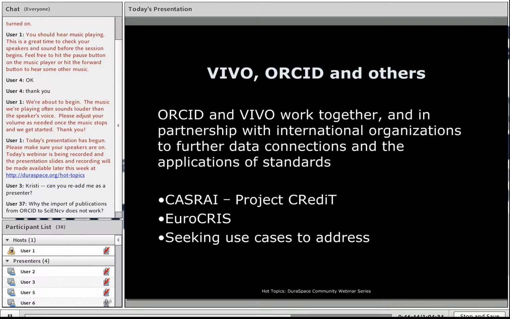So that's a great project, but we've been working with them and the Wellcome Trust and others on Project Credit, which is about unpicking the different types of contribution people can make to the research process. If you contribute to the creation of a data set, or you review a project application or an article before publication, these don't necessarily end up in your ORCID record or your VIVO profile. And if they appear in multiple data sources, they might be defined differently. So you can see all sorts of ways right away that the 14 roles that were pulled out via Project Credit were turned into a taxonomy